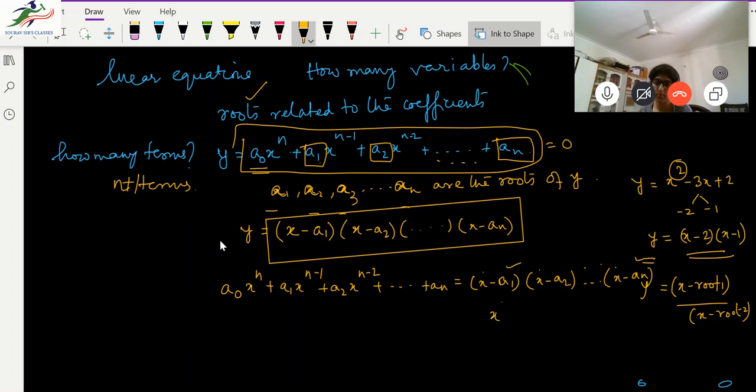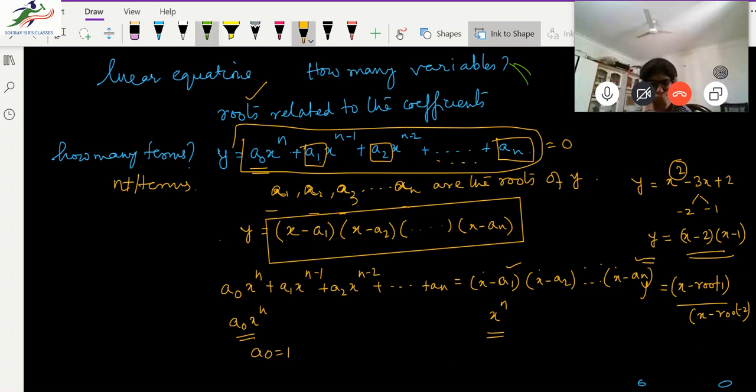So there will be an x to the power n term here, and here I have a0 x to the power n. So this and this should be equal. So therefore a0 is 1 here, right? Now